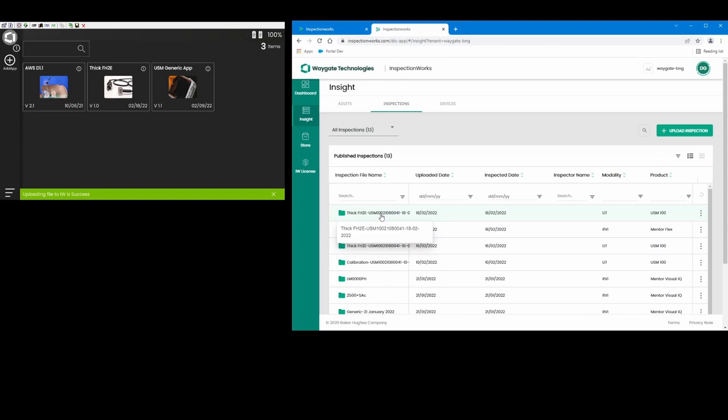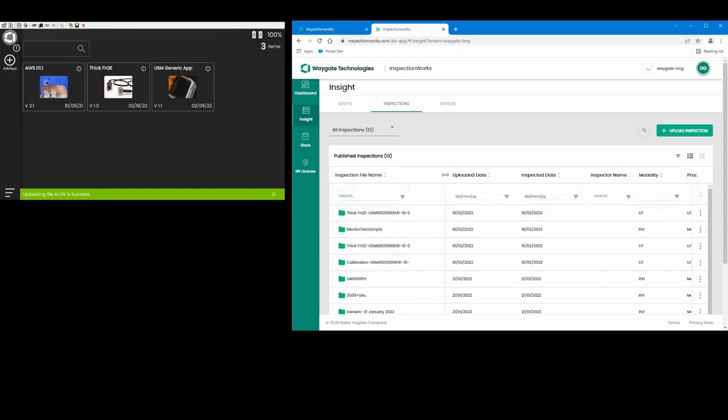dash USM 100 21080041. So the serial number of the instrument and today's date. So the folder is named automatically when the inspector in the field uploaded all those files. It created a folder within Insight with the name of the app, the name of the instrument, and today's date. Now, if I click on that folder